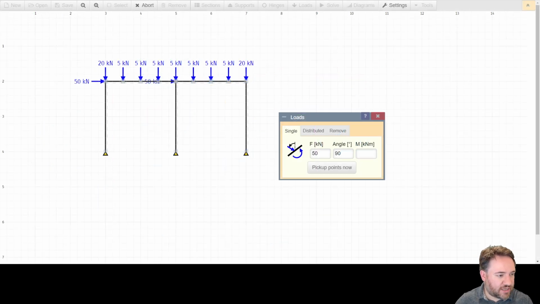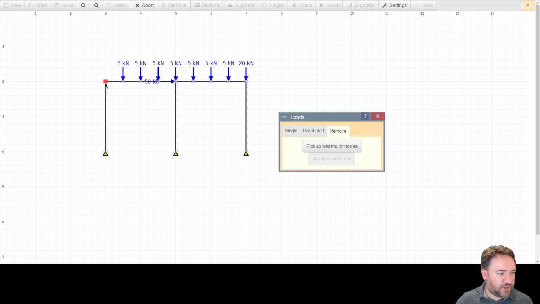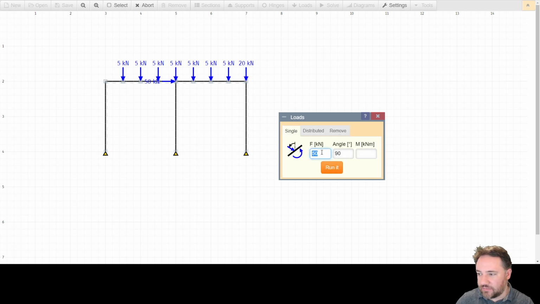So how do I fix that problem? Oh, I need to say remove. So if I remove loads, I'm going to say run it, and then I can just pick this and remove. Now it's going to remove all the loads from that, so I'm going to have to put back my 20 with an angle of 0 back on there. Okay, so now I have all of my loads